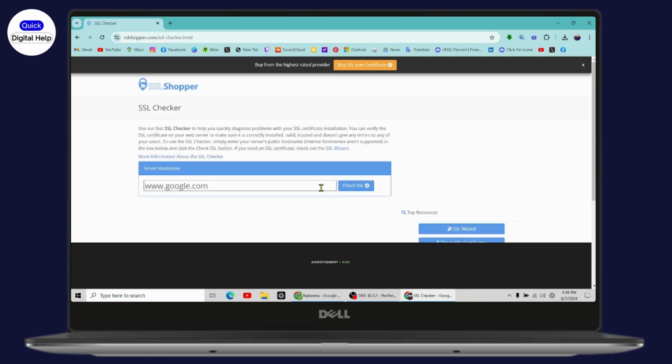SSLshopper.com/ssl-checker.html. And once you search, it will take you to this kind of page, right? So here you need to enter the key on your keyboard, type a URL of a website for which you are getting an error of privacy. So for demo purposes, I am typing www.google.com, and once you enter, just click on check SSL,